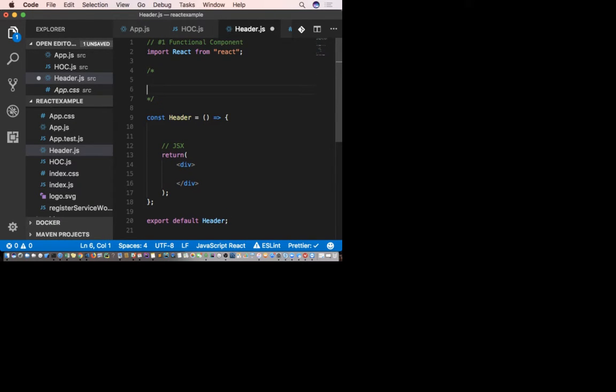A functional component should be stateless, which means no state. They also call them stateless components. It should be a dumb component. Something dumb cannot do logic, which means no function inside of it.